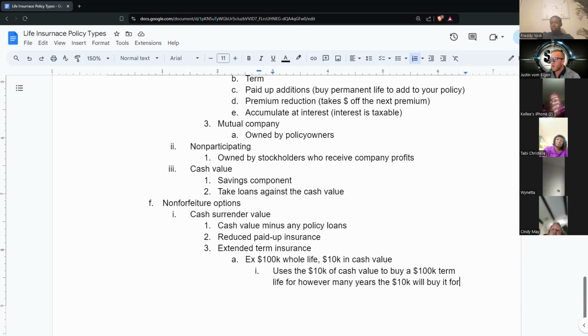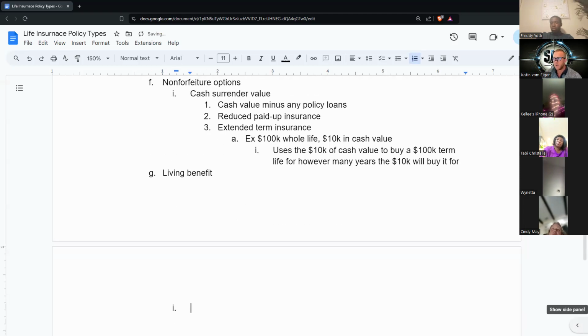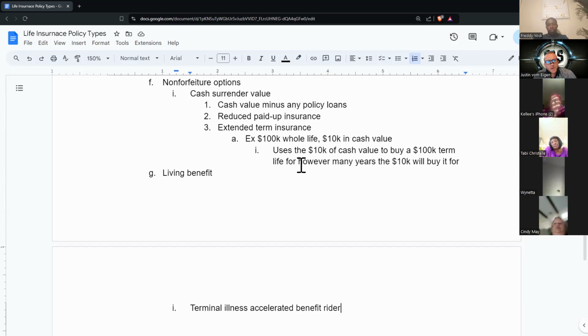So some whole life and term policies offer a living benefit, which is known as a terminal illness accelerated benefit rider. Every company calls it something a little different. It's state by state, they may call it something a little different. But what that means is if you're terminally ill and you have a life insurance policy, the company typically lets you access a piece of it, if not the whole thing, before you pass. That way you don't have to try to sell the policy to someone else in a viatical settlement, which you'll learn about in another section.